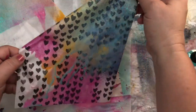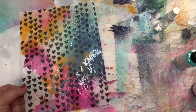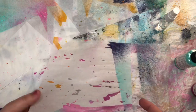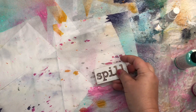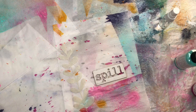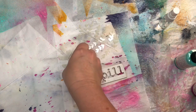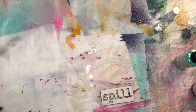Like I said, this is a play session, so it's all about experimenting, playing, and having fun. So I'm going to let this dry as it is. Now look at this. I have interesting spaces to work with, and I think I will put this here, and I'm just going to put a couple of masks here. We'll see what happens with this. And this doesn't have to be used together in the future or anything like that. It's just, you know,